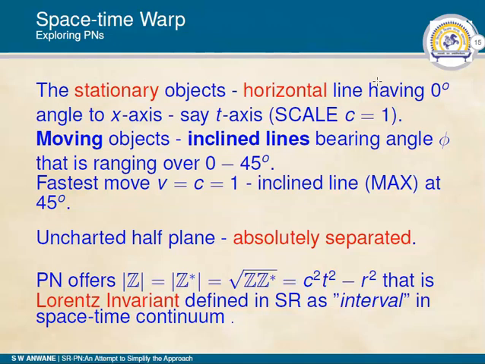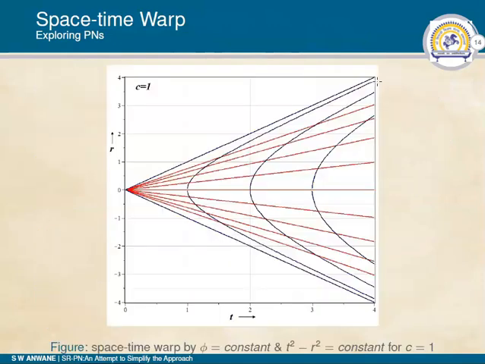The uncharted half plane is absolutely separated. We are talking about this region of space in which no grid lines are appearing in the upper region as well as in the lower region,